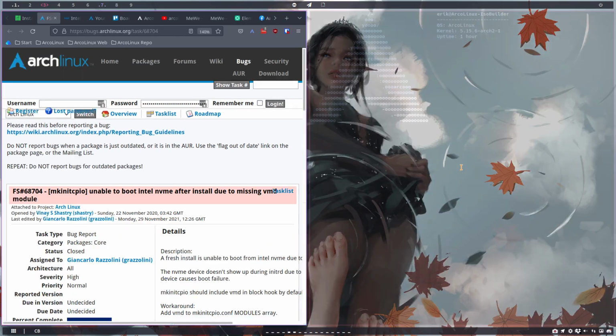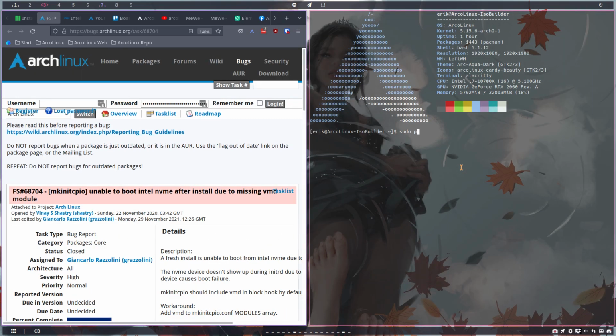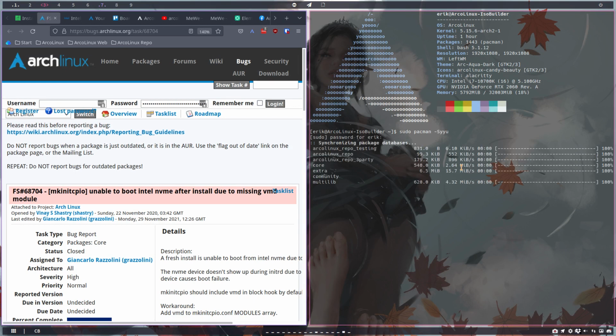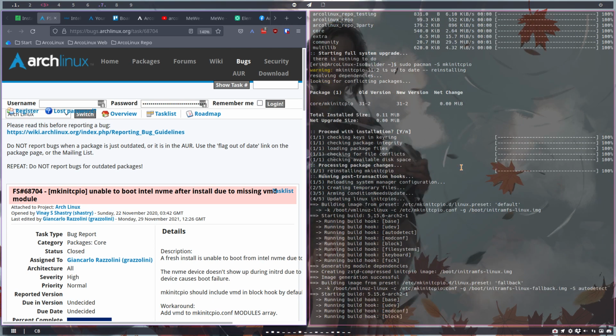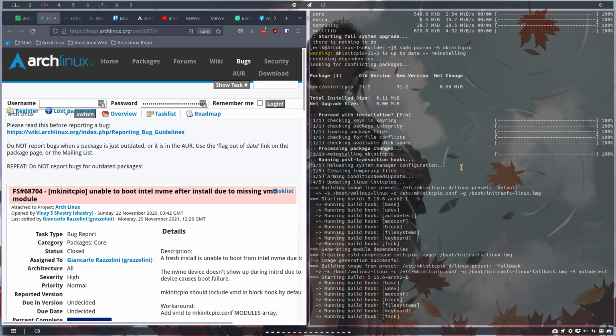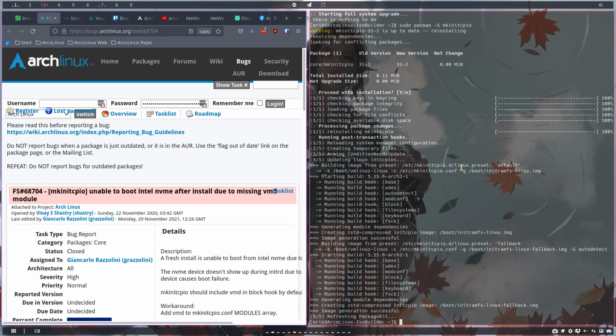So the Ctrl-T, sudo pacman -Syyuu, or just update in our system, you get the sudo pacman -S mkinitcpio, this version 31-2. That's the one we need. If you run that thing, it's gonna load up the extra module. It's actually in the block devices that this VMD has been added, and we can have a look at it